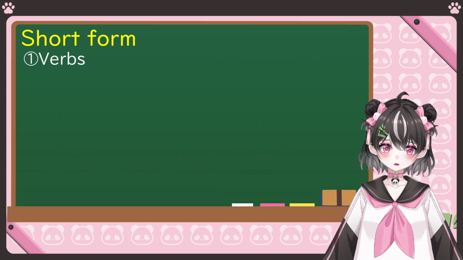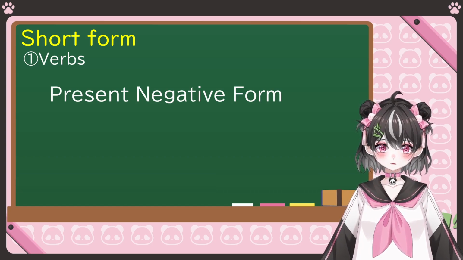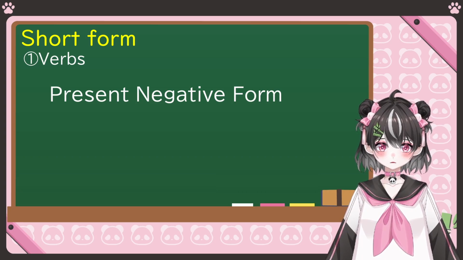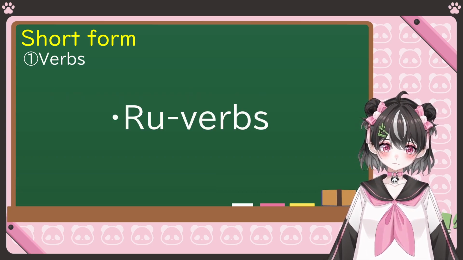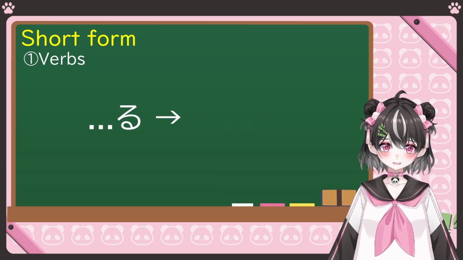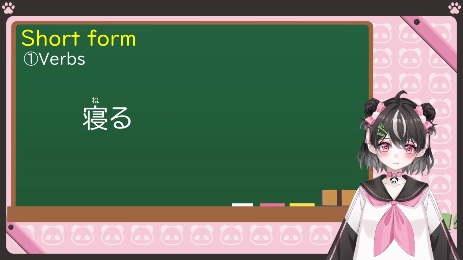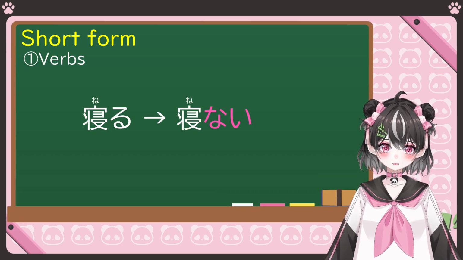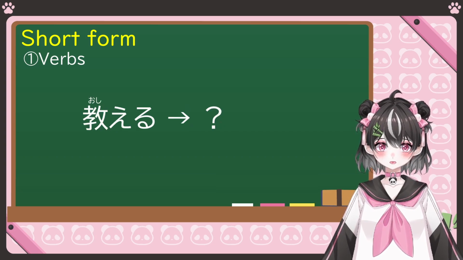Next, let's take a look at the present negative form. It changes depending on the verb type, so we'll go through them individually. Ru verbs are simple. You just replace the last ru with nai. For example, 寝る becomes 寝ない. So what about 教える? That's right. 教えない